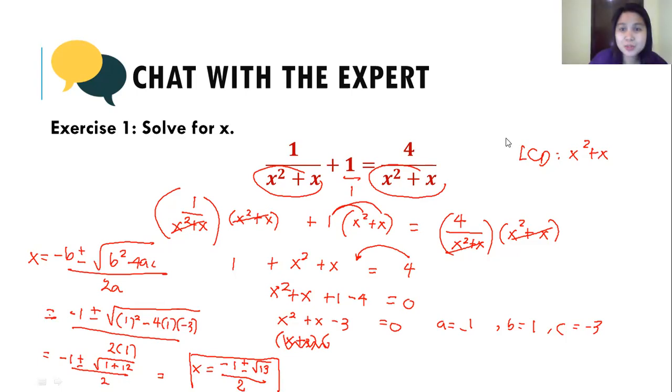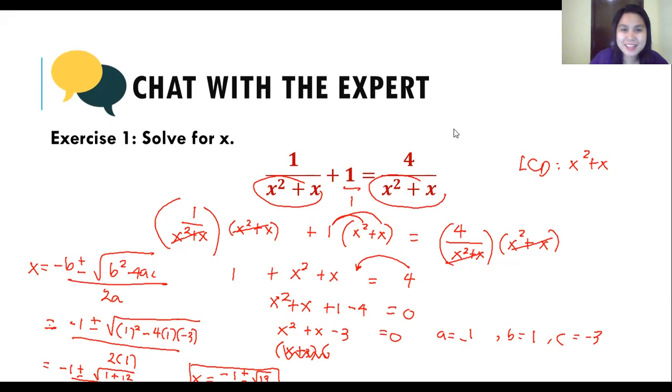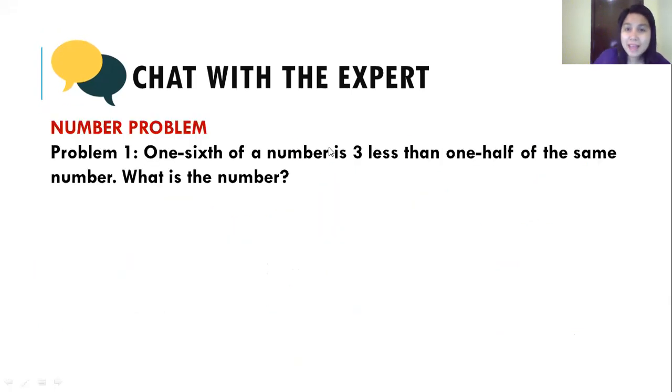Now let's go to some word problems, okay? Now we'll have 2 word problems for this type for the rational equations. Let's have the number problem, and also I'll have 1 problem for the work problem. The first one is a number problem, and here's the problem. 1/6 of a number is less than 1/2 of the same number. What is